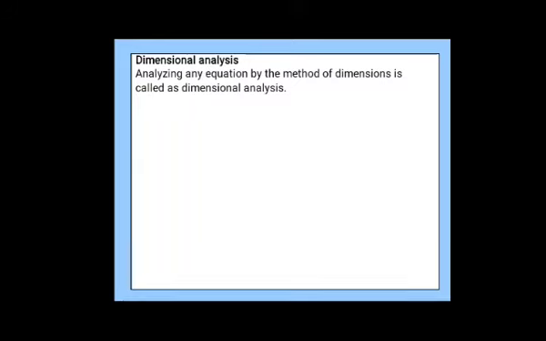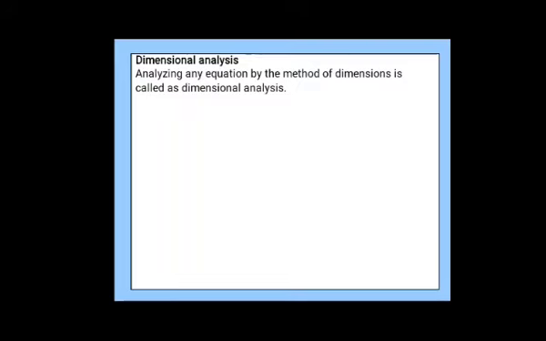Here one point, we have written 20 dimensional formulas. So, we can expect a question here, that is, write any two pairs of physical quantities having same dimensions. You can write the answer like, say you have to write a pair, work and energy. These two have same dimensional formula. Or say you can write pressure and Young's modulus. These have same dimensional formula. Like this we can expect the question.